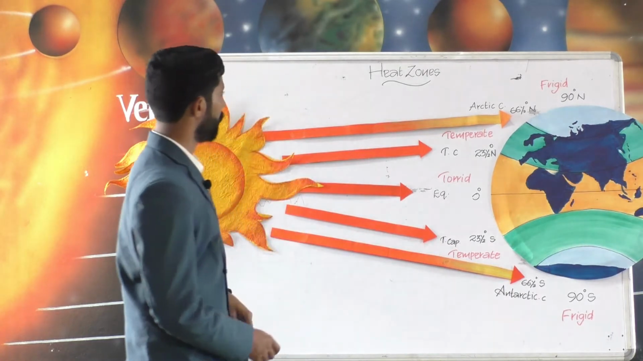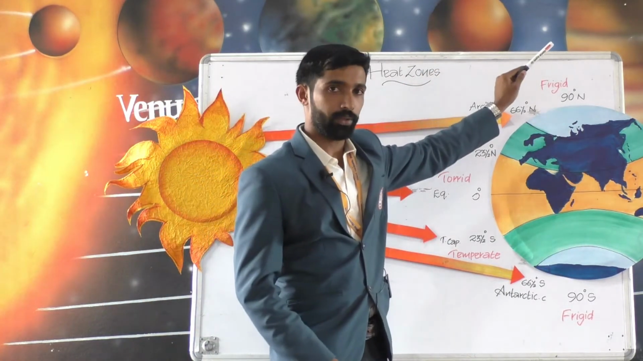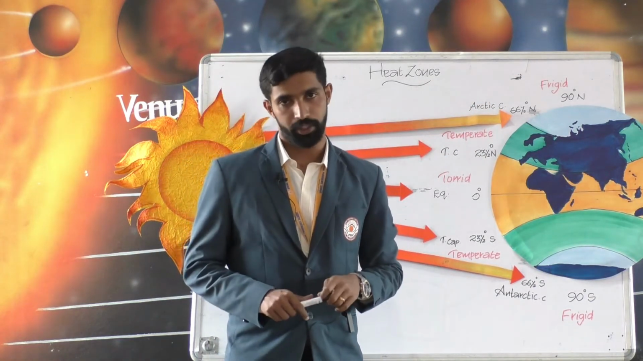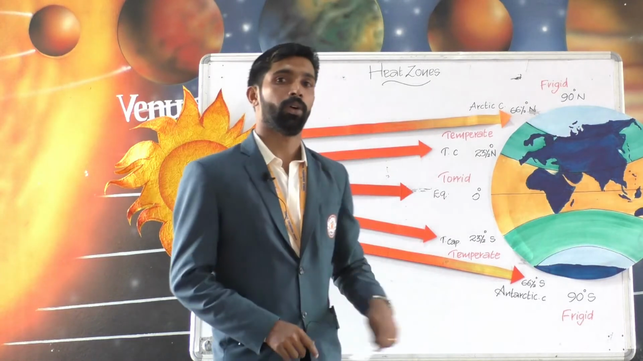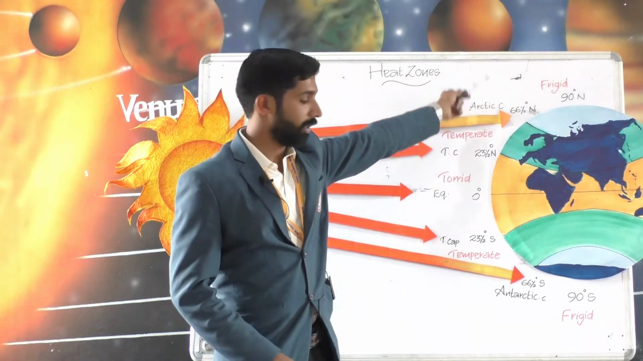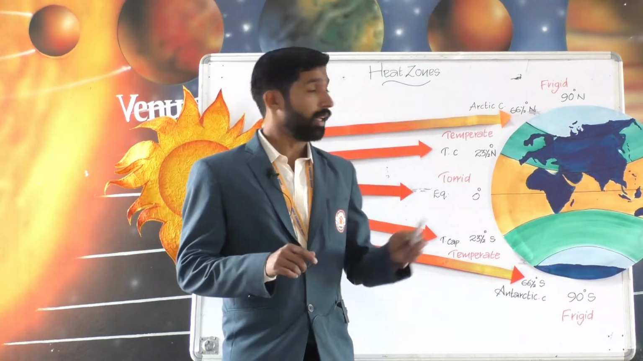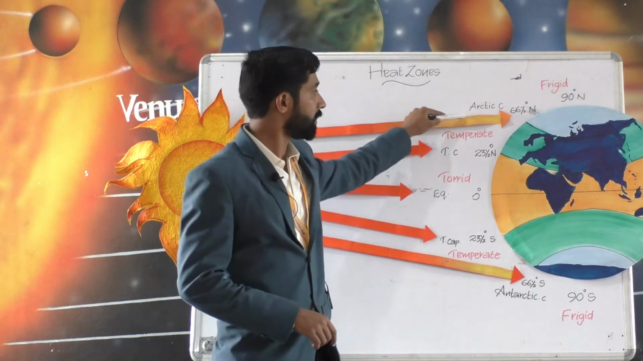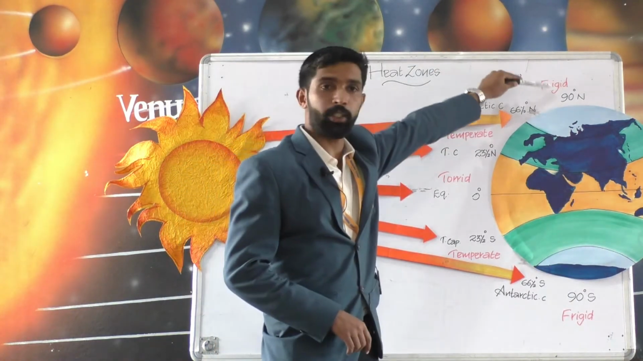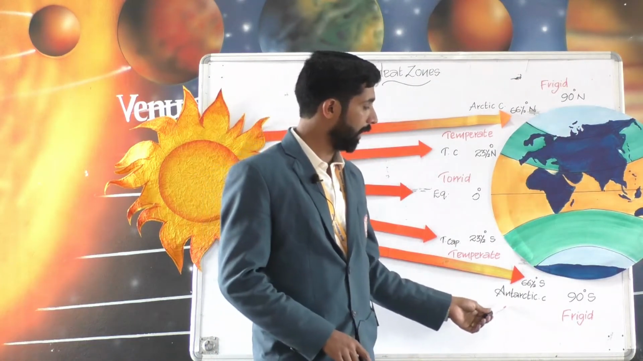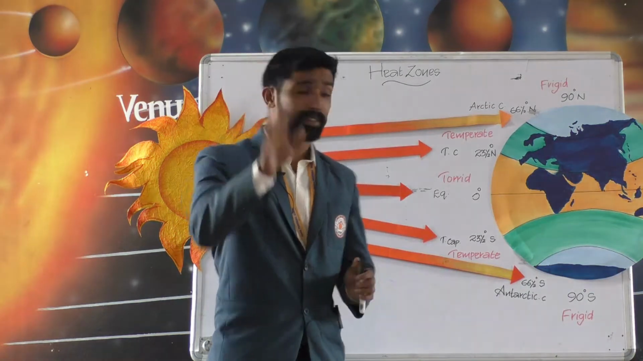And the last one is the frigid zone. Like the temperate zone, there are two frigid zones, one in the north and another in the south. The north frigid zone lies between the Arctic Circle and the North Pole, and the south frigid zone is between the Antarctic Circle and the South Pole. These two zones receive extremely